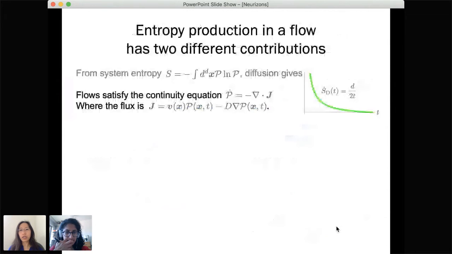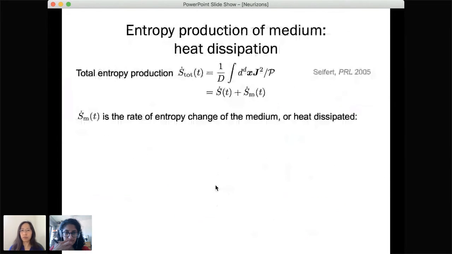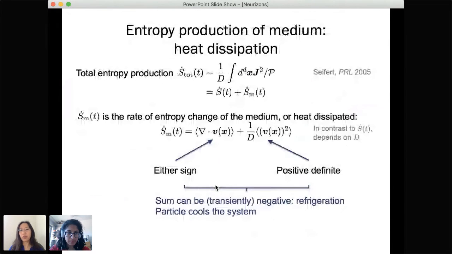And so here we can look at the results of entropy production in a flow field by using the continuity equation, and we look at what its contributions are. I'm just going to go quickly through the math, and then we can even look at the heat dissipation in the medium, so the entropy that's produced in the medium. Interestingly, we can see that for certain kinds of absorbing flows, there can actually be a kind of cooling effect that happens from these flows, even if the total entropy is of course always increasing, it's always positive.